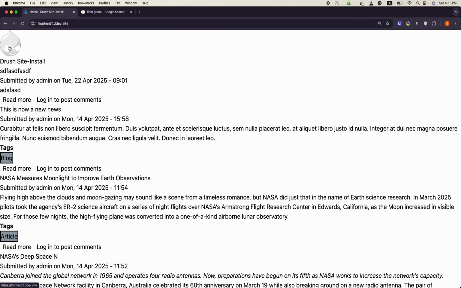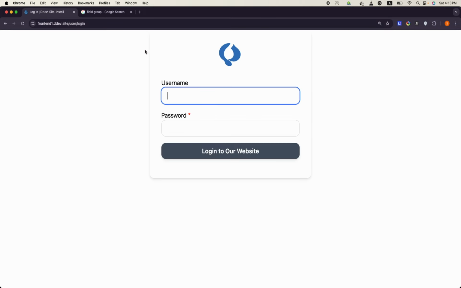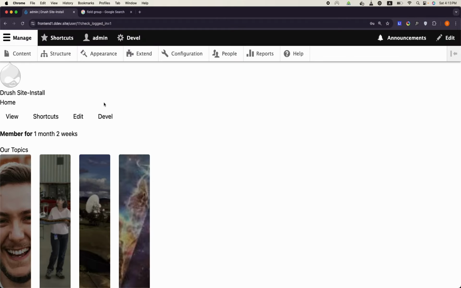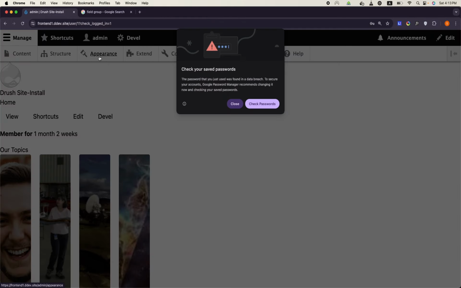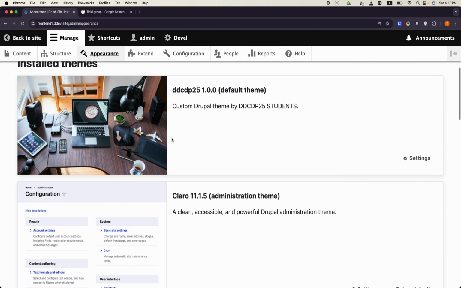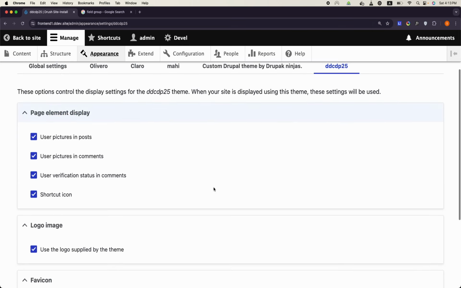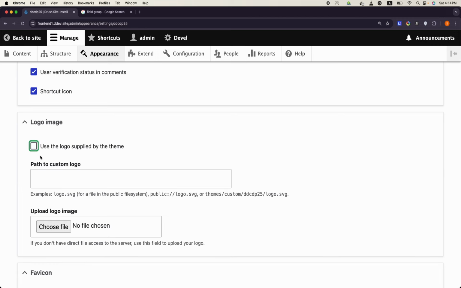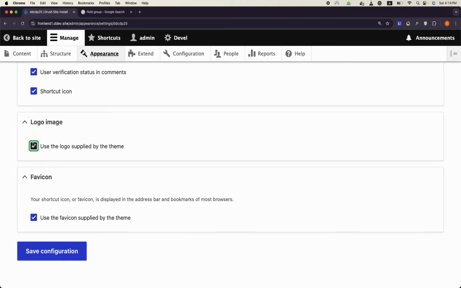This is the logo of a Drupal site, and do you know how to change it? We can log into the site and go to appearance, and to our active theme. Here there is "always use the default logo supplied by the theme." If we uncheck it, we can upload a logo, but if the logo is specified in the theme, so what